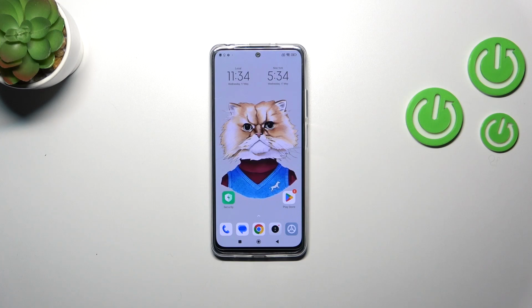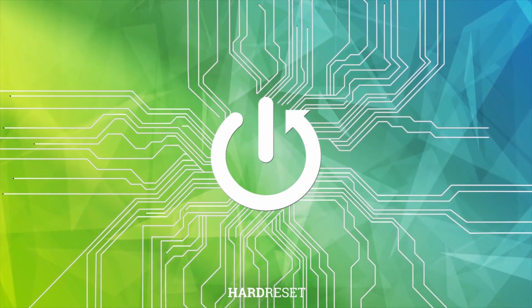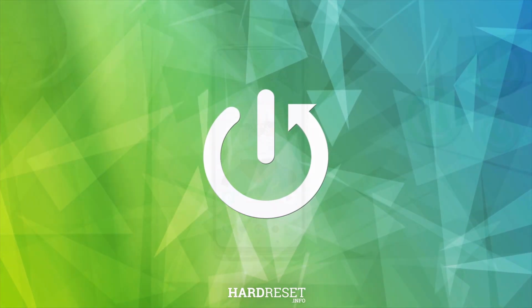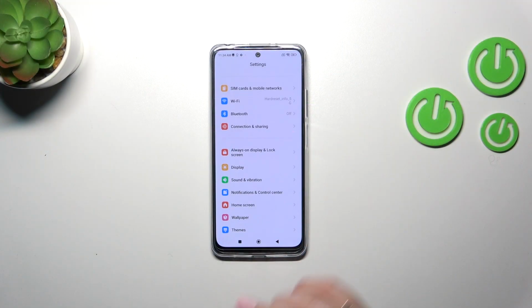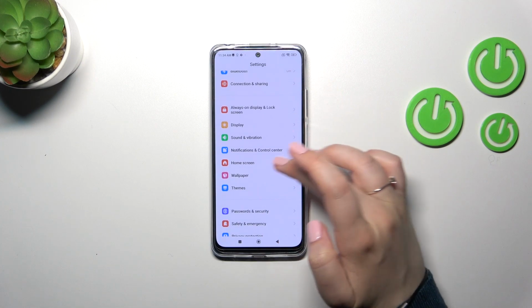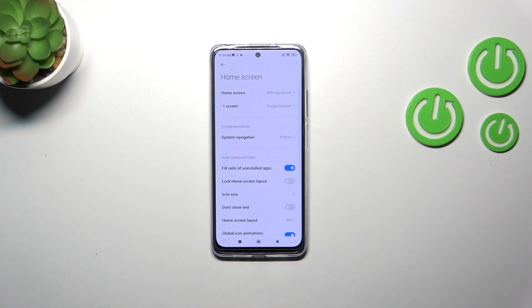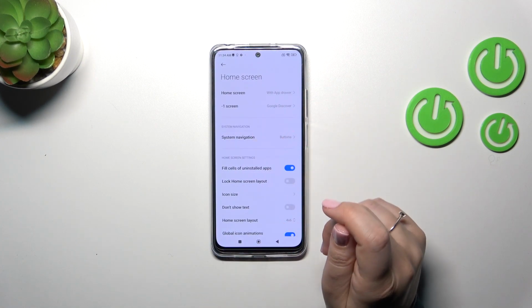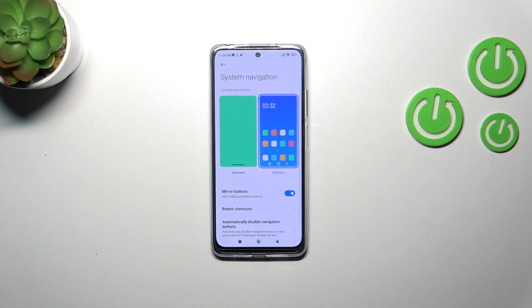Hi everyone, in front of me I've got Xiaomi Redmi Note 12S, and let me share with you how to change this navigation type with the buttons to the gestures. So firstly we have to enter the settings and then let's scroll down in order to find home screen. As you can see right here, the second section is connected with the system navigation, so let's enter, and we've